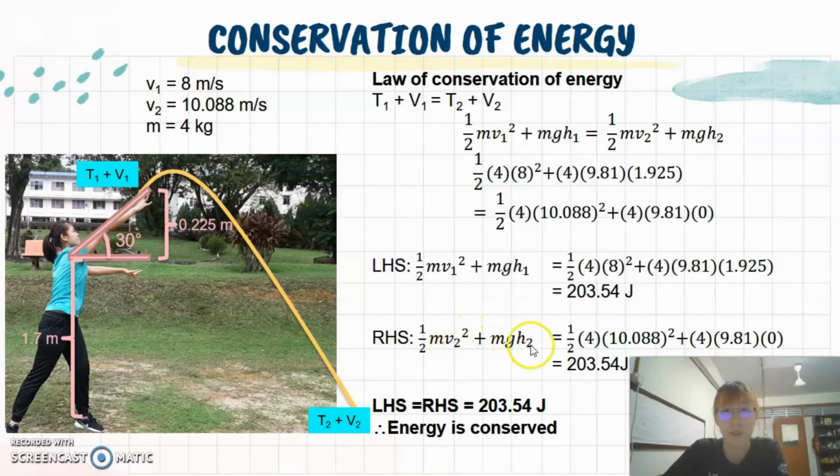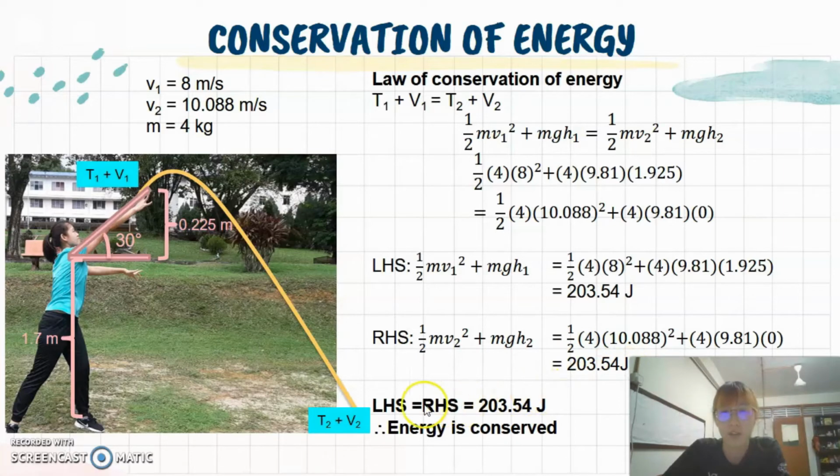And to calculate the right hand side, which is the final position of the ball, we use half mv2 squared plus mgh2. So we substitute 1/2 times 4, the mass of the ball, times 10.088 squared, where 10.088 is the final velocity of the ball, which we have already obtained in LO1, and then plus 4 times 9.81 times 0, because the height from the ground is 0, and then we will also get